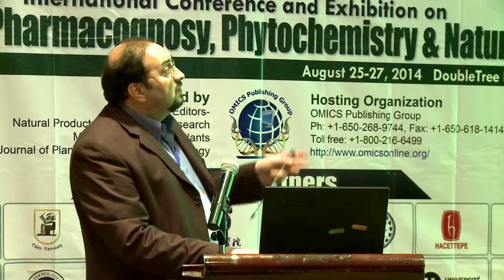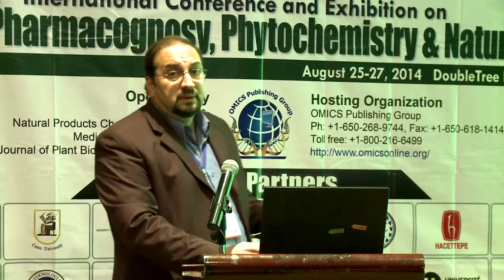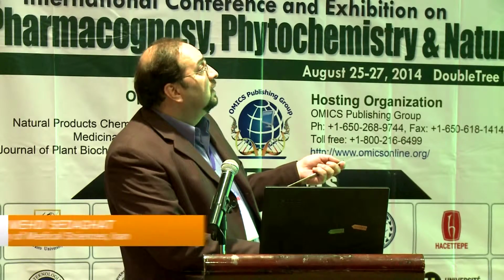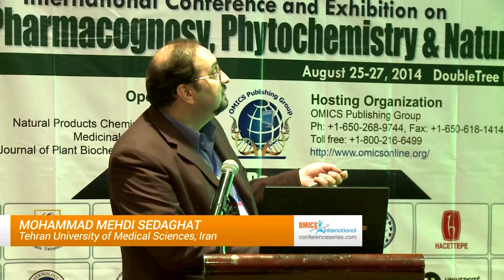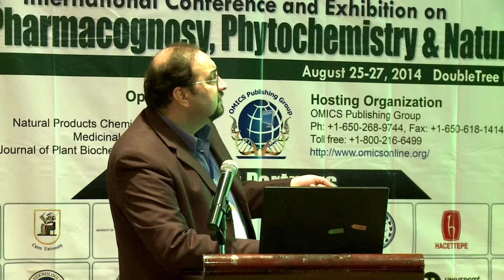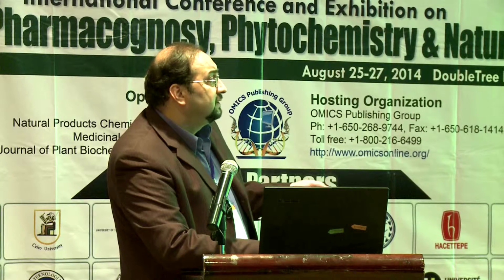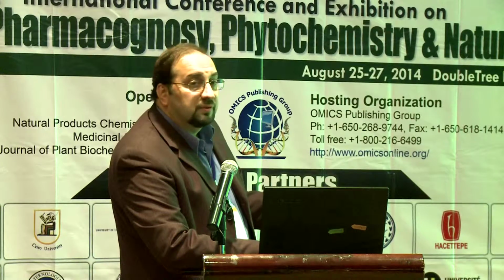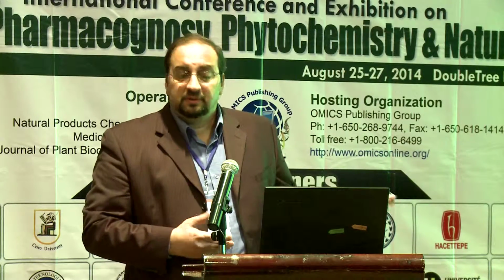Here are some examples of our work that we conducted in Iran. For example, we conducted a study on the larvicidal activity of Eucalyptus camaldulensis against Anopheles stephensi, the main vector of malaria in Iran, Pakistan, and India. As you see, the LC50 value was around 90, which lies in the moderately active class, the fourth category. So I just leave it, and I'm not working more than this on this category.